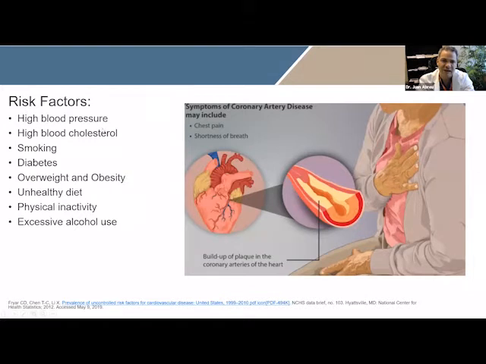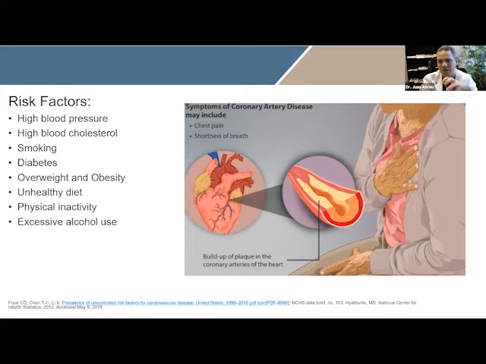So what are the risk factors for coronary artery disease? Namely, number one, high blood pressure. Why high blood pressure? So imagine your blood vessel is a pipe. Through that pipe, you have a certain pressure that the pipe can withstand. If that blood pressure is high for a prolonged period of time, it's going to cause microscopic damage inside the lumen, so inside that little endothelium.